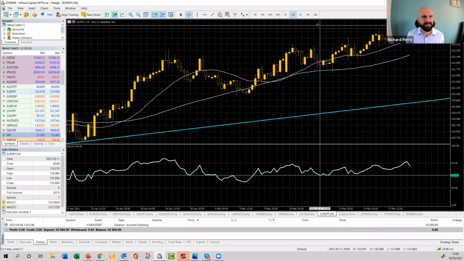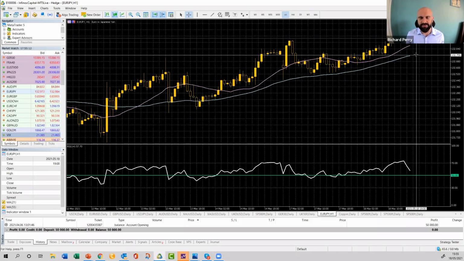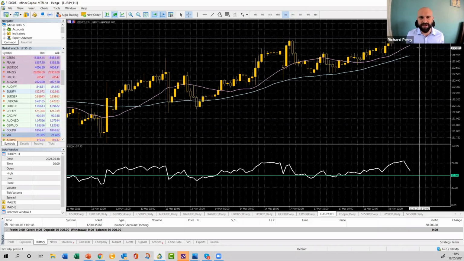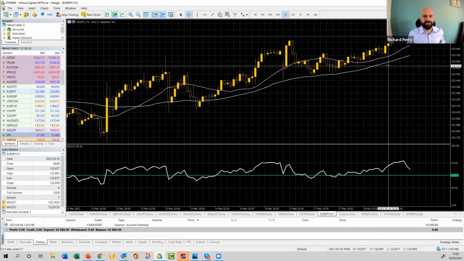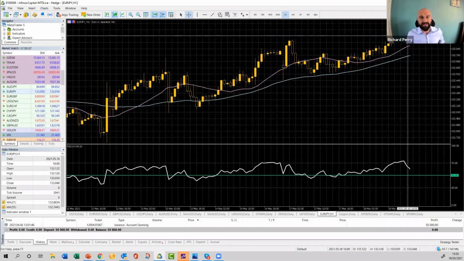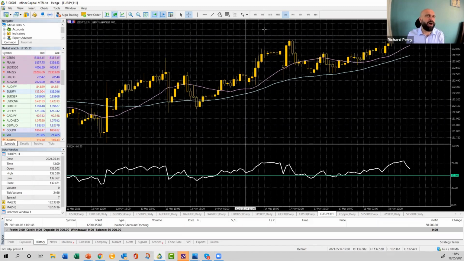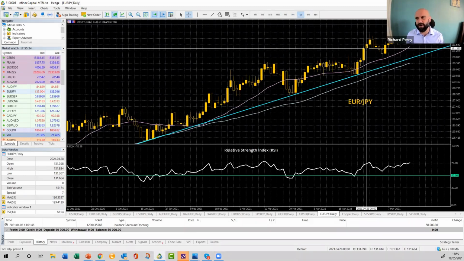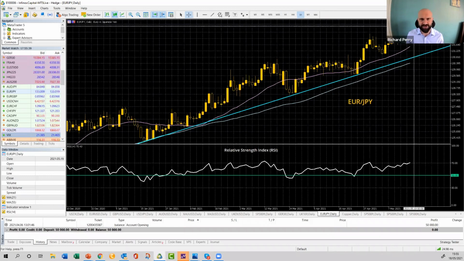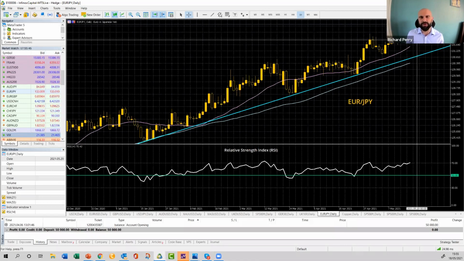I'd be looking at, okay, let's put it on the hour chart. If you start to see the market certainly below 132.75, but I think if you said 132.85, then you'd be questioning how much more this run higher has got, and you could start to see a bit of a near-term corrective pullback. And just as I said, the last couple of hours, you've started to see signs of a little bit of a pullback. So I'd be bearing in mind that it's had such a strong run higher on the last leg higher. It is probably looking due a bit of a pullback at these sort of levels,